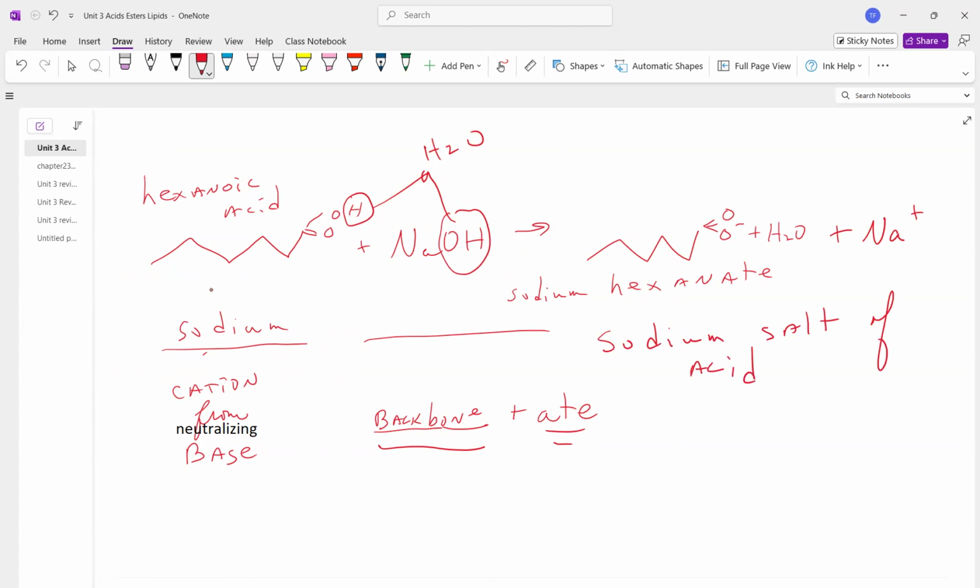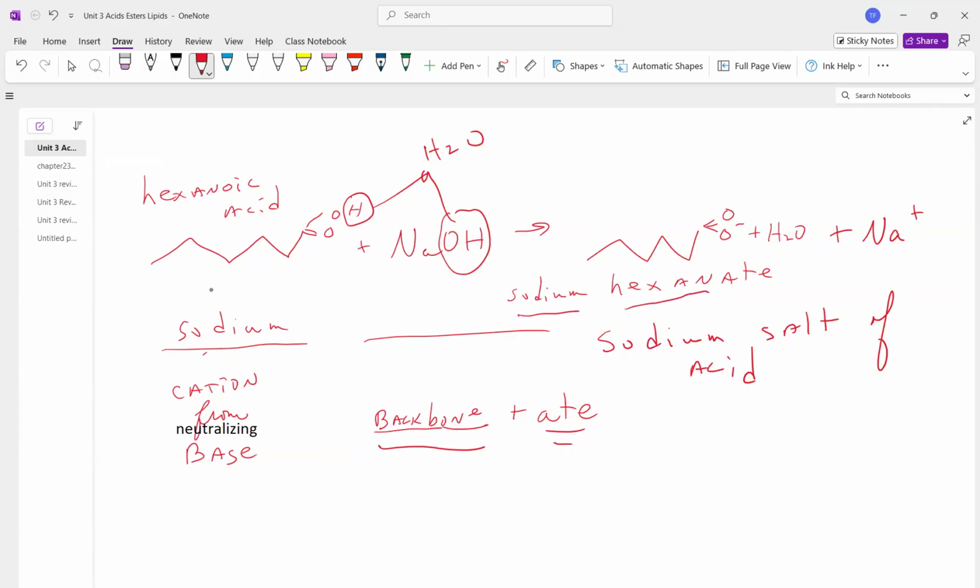Now, the term salt is a generic term in chemistry. A salt is basically an ionic compound that's got a positive and a negative ion together. The one you're most commonly familiar with is table salt. That's sodium chloride, sodium being positive, chloride being negative. But there are millions of salts in our environment and bodies. Millions. Okay, so if we start with hexanoic acid, throw in some lye or sodium hydroxide, we're going to make